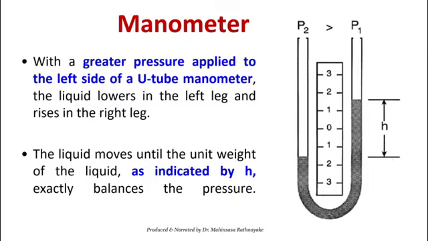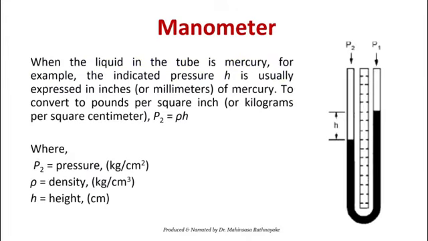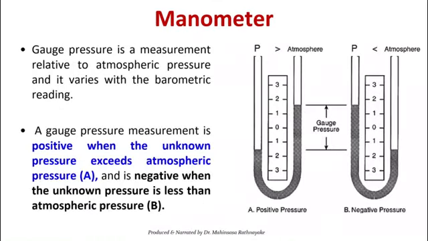And the other thing is, in most cases the liquid would be mercury. Then I hope you know why mercury is used in most cases, because it has good properties for pressure measurement as well as temperature measurement. So if you use mercury, the value can be directly taken in millimeters of mercury. That is the pressure unit, right? So that is one reason. And also